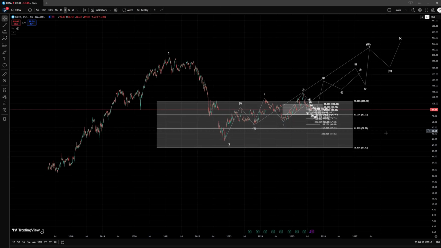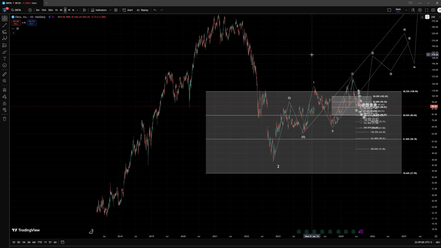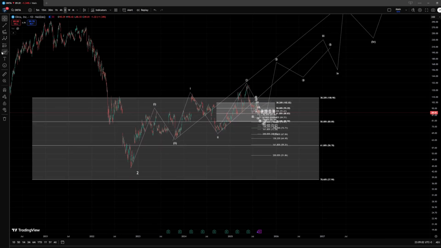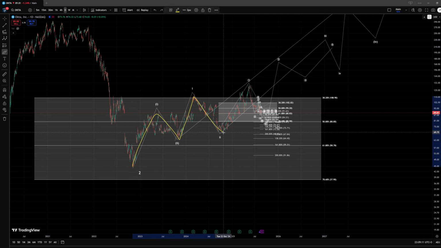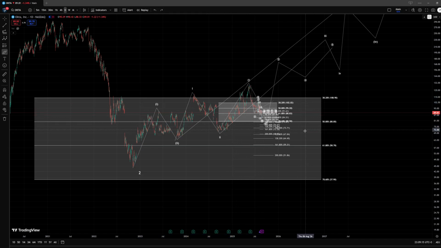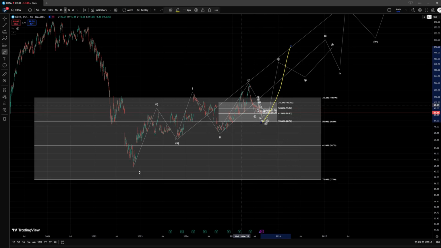Here we quite possibly bottomed in a wave 2, and from this point I would say that we quite possibly completed a series of 1-2 setups. So 1-2, 1-2, and then this could actually be another 1-2, and now I would really like it to hold the wave 2 support and actually produce a stronger reaction to the upside in an impulse in a wave 3,